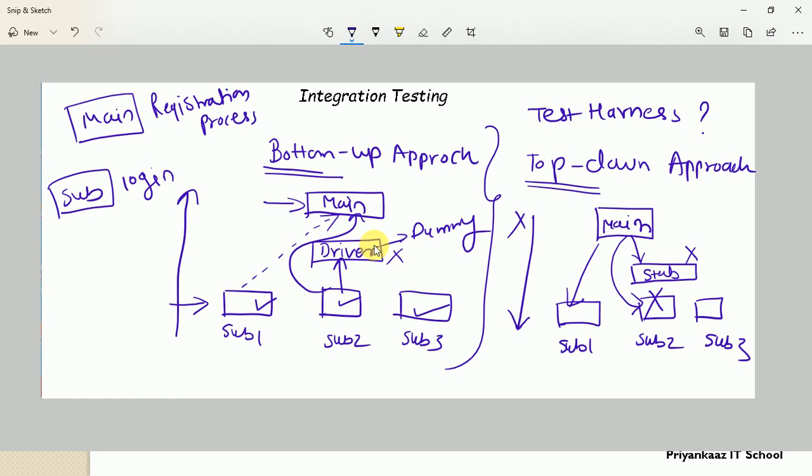In a simple way, test harness is a collection of stubs, drivers and other supporting tools required for manual and automation execution. Yes, because test harness is used in both ways, okay? We can use it in integration testing as well as in automation testing. In the case of integration testing, driver and stub creation is a process, that is a process of what? We can say test harness, right? The process of creation of drivers in bottom up, and the process of creation of stubs in top down, this is nothing but the test harness process.